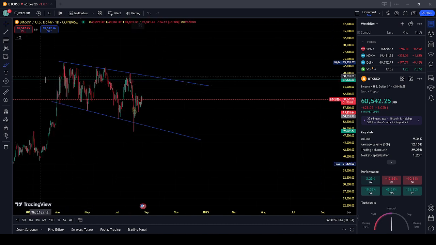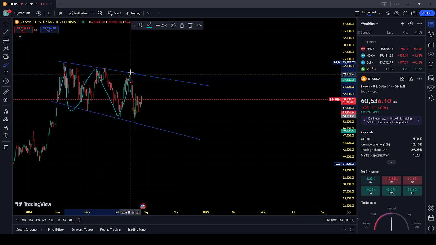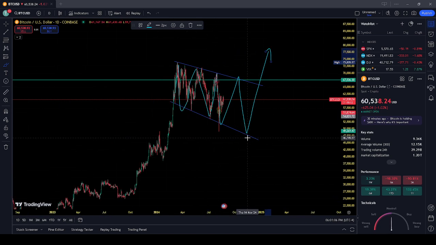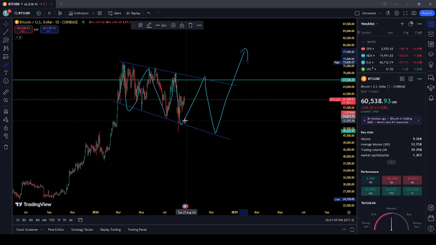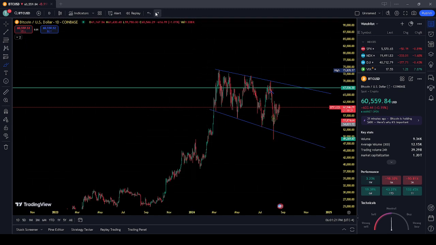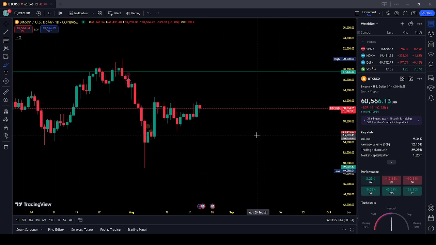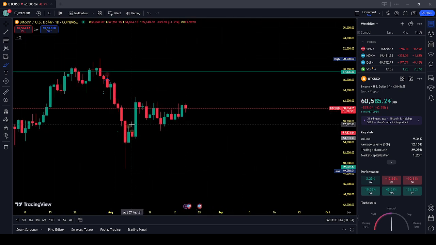So if you look at this particular structure, it is trying to do this, it makes this, goes this way, goes this way. The chances are it can break out higher, right? But under which condition? It might have to test those lows again, from where it retested and then started to go up again. So all I am trying to see is wherever the BTC is right now, if I look at the bigger selling, the bigger selling was this, and right after that I see a big good buying came in.